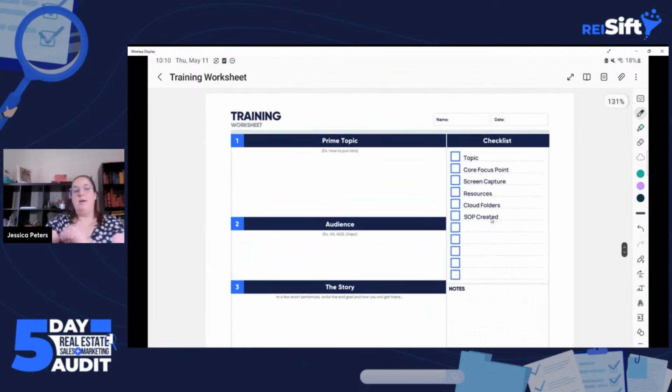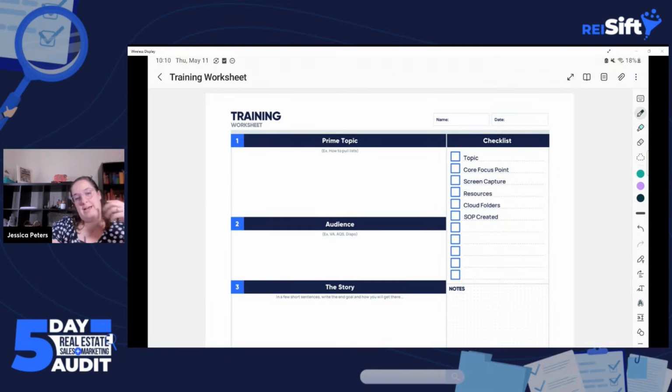It just says training. So I'm going to start at the beginning of the process, just to get us started. What's one of the very first things that we do? We need to acquire data. So you can be getting data from many places: the county, list source, and now we also have data available at REI SIFT.